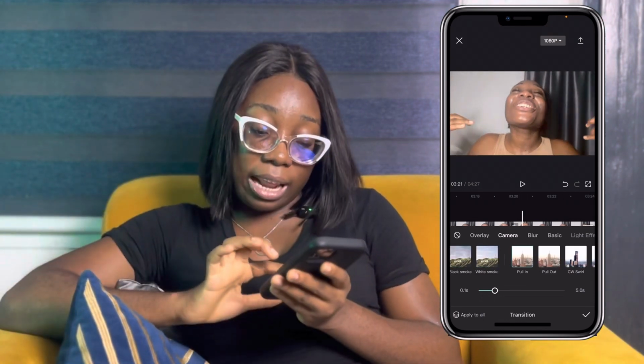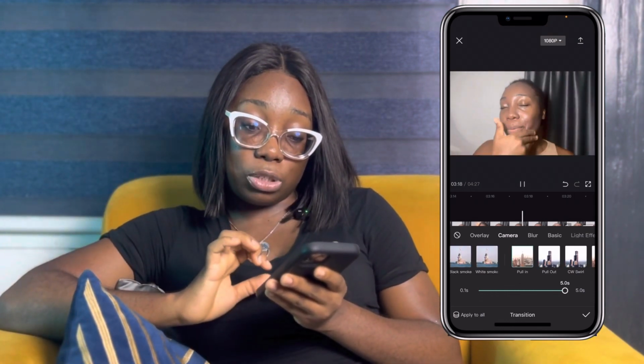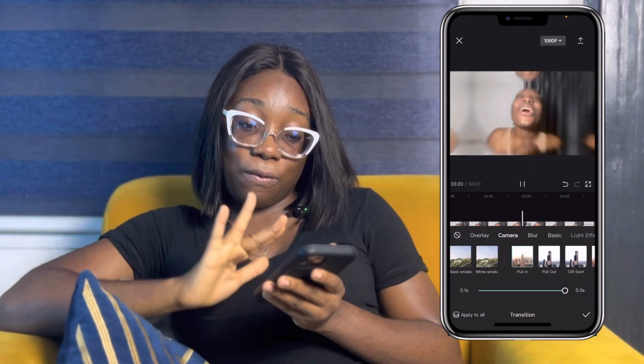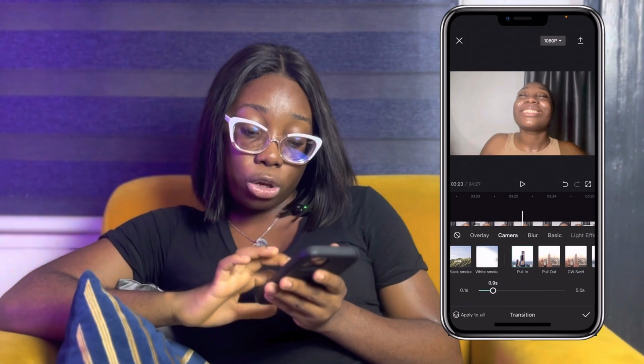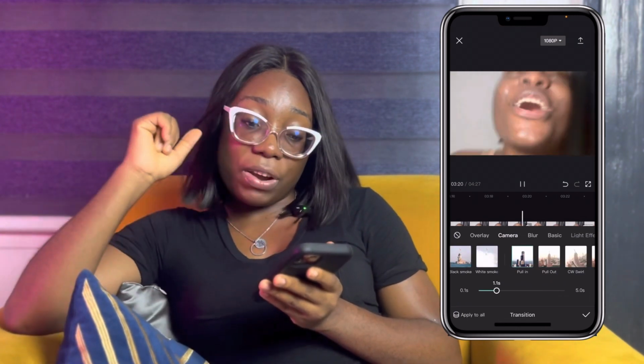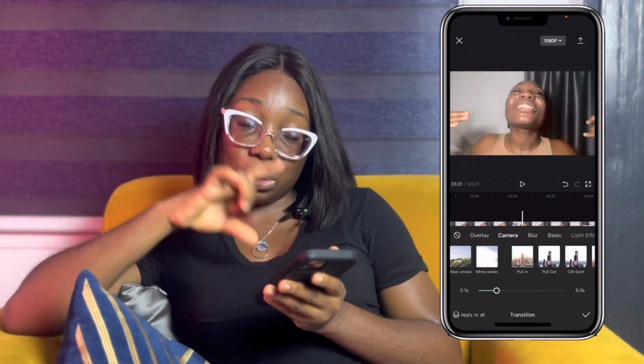It just pulls in, and you can set the timing. Maybe you want it to pull in for 5 seconds. You want it to be very slow. You don't want it to be very fast, or you want the pulling to happen very fast. So this is how it is. So you just pull in,